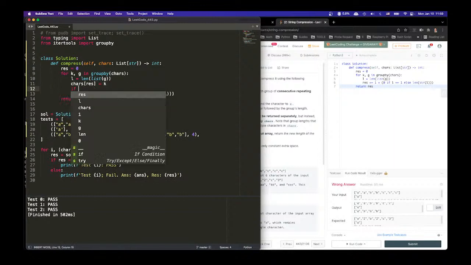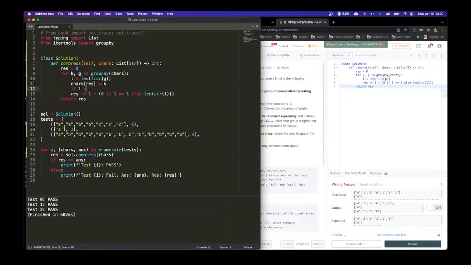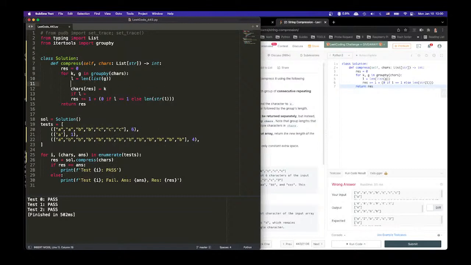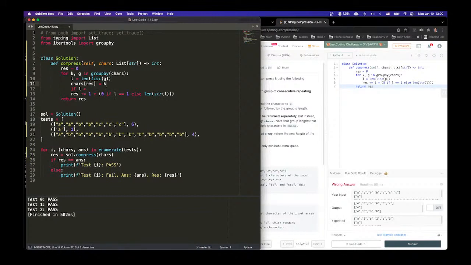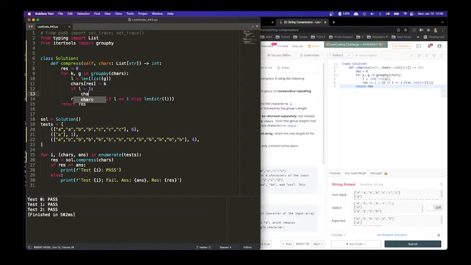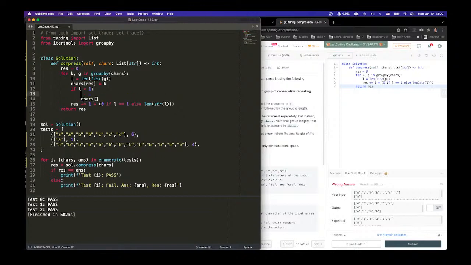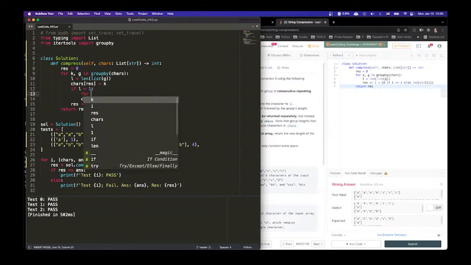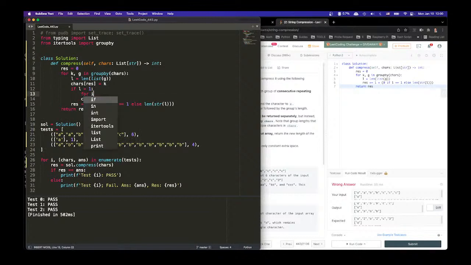And then we say if L is larger, res plus equal 1. No, do this first. It doesn't matter. So if L is larger than 1, then chars, you gotta be. So for j, for i,